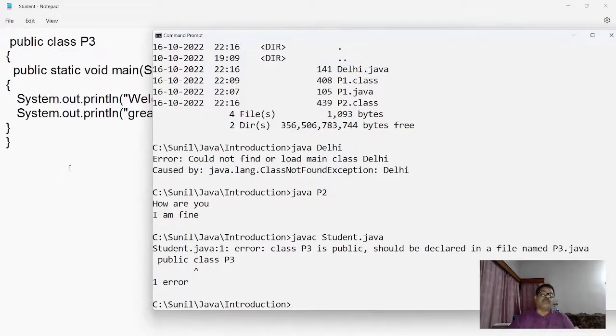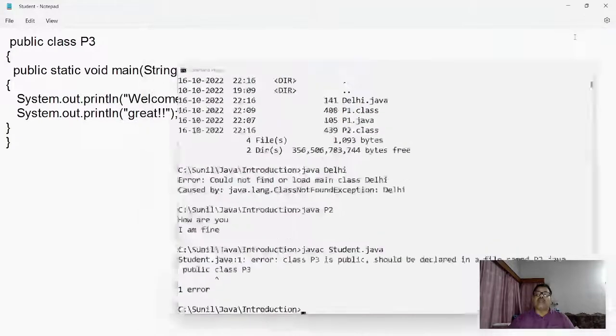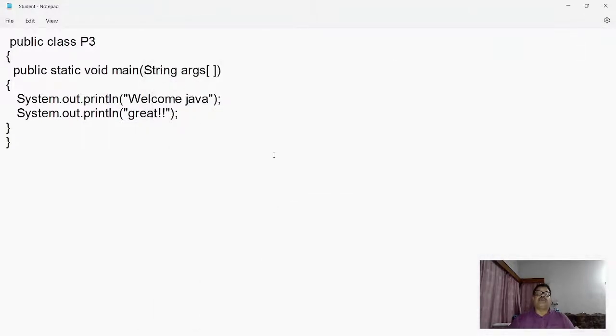Due to this type of complexity, we should develop one habit, that we should give the name of the file as the name of the main class. Otherwise we will face so many complexities while saving the file and compiling the file. Okay, from the next class we will start some new attributes of Java.